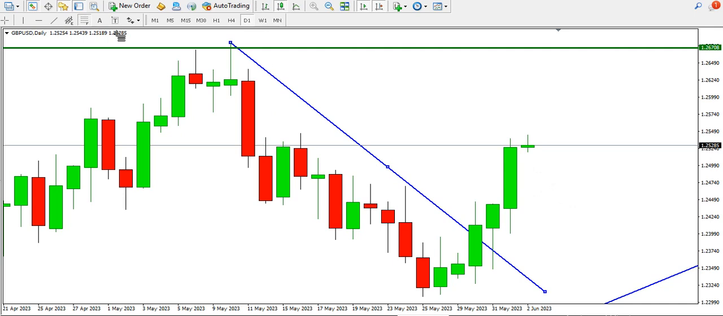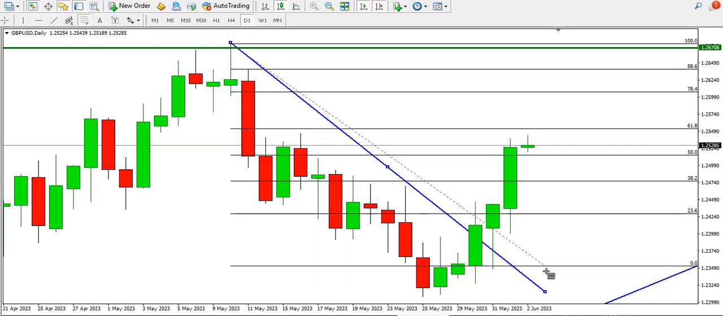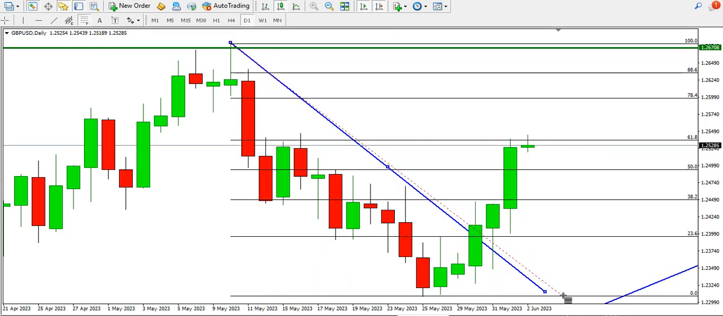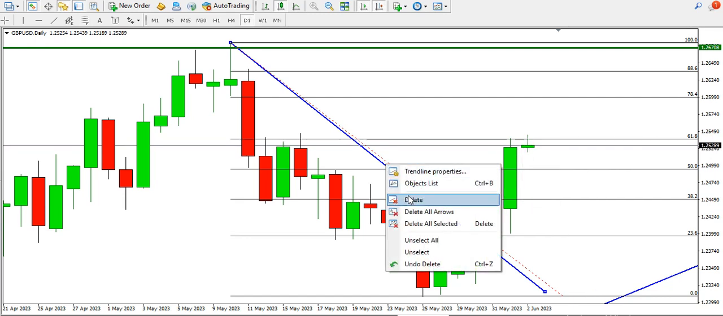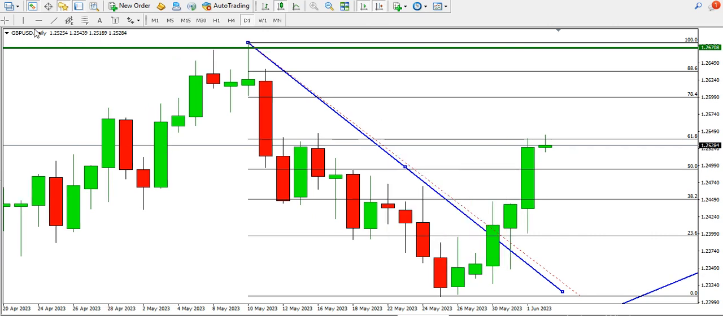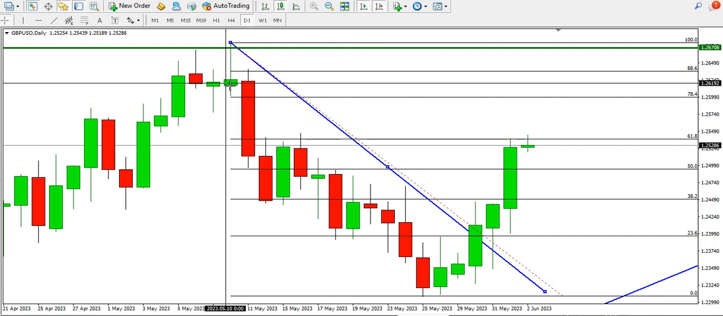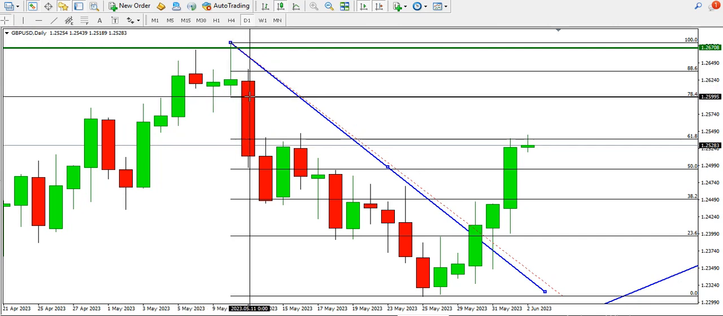Price has already recovered more than the 61.8% Fibonacci retracement level. So that's a clear indication that price is going up. So price going up, the next possible target will be the 78.4% Fibonacci level. That's at the